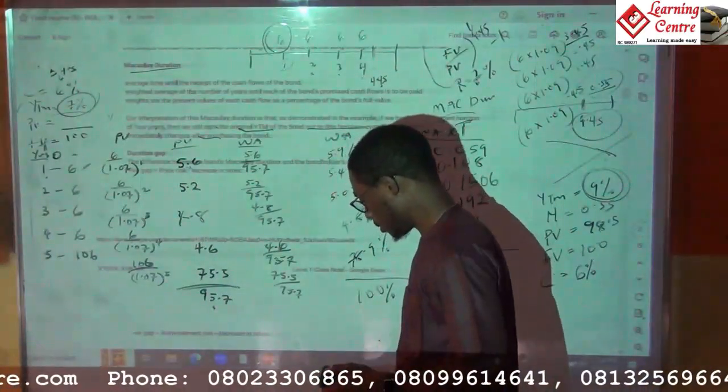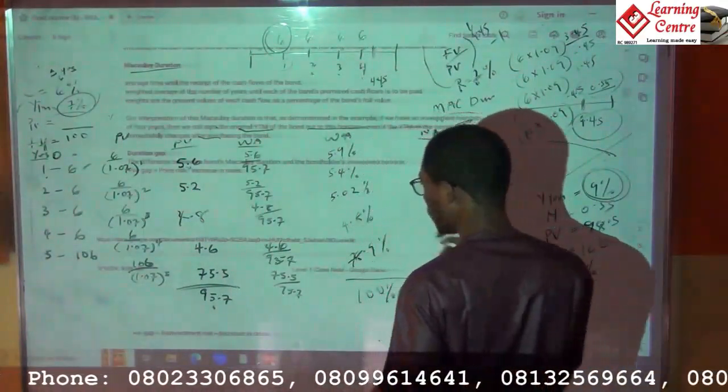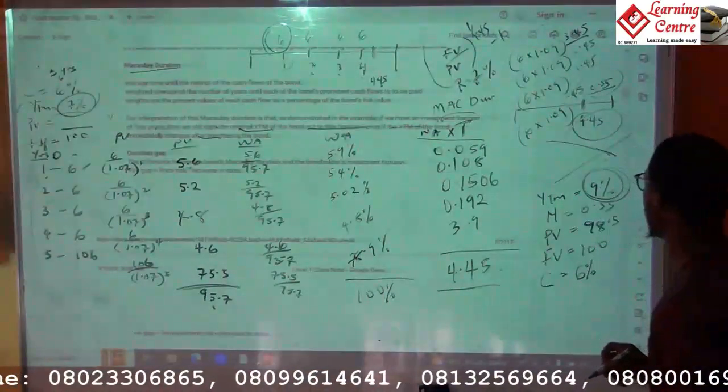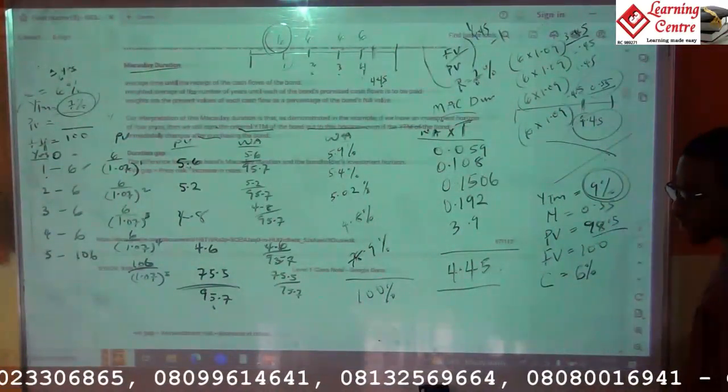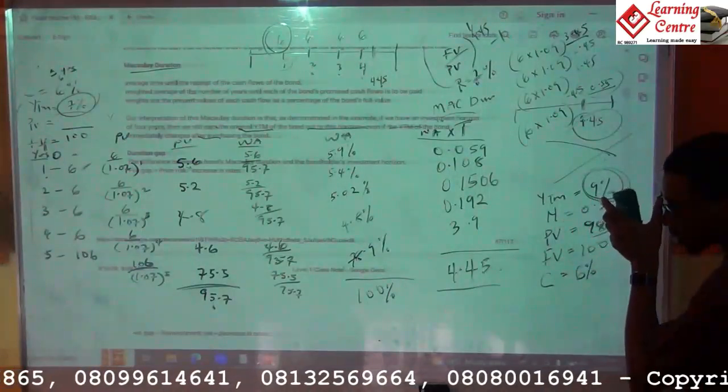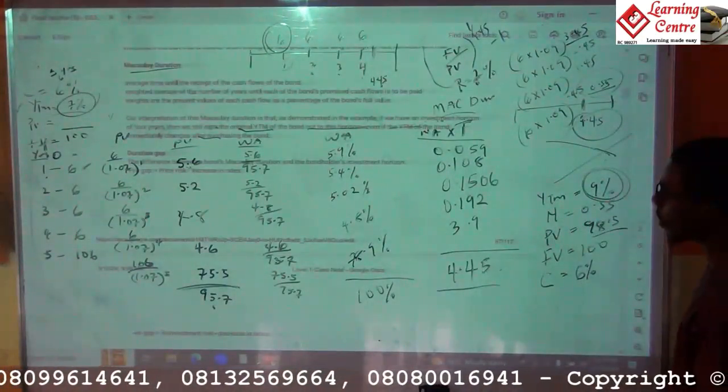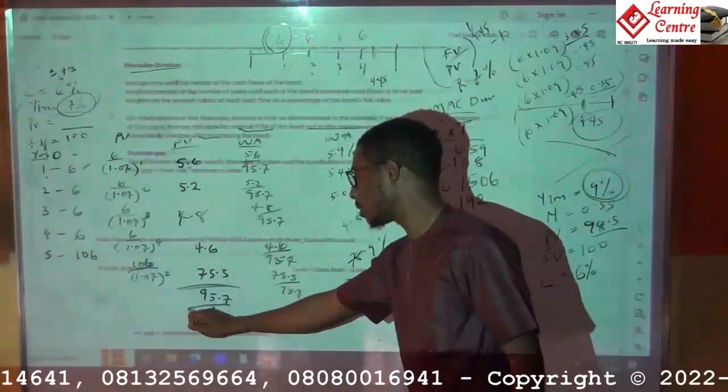The price of my bond is 19.5. I will say that. Okay. And I bought it at